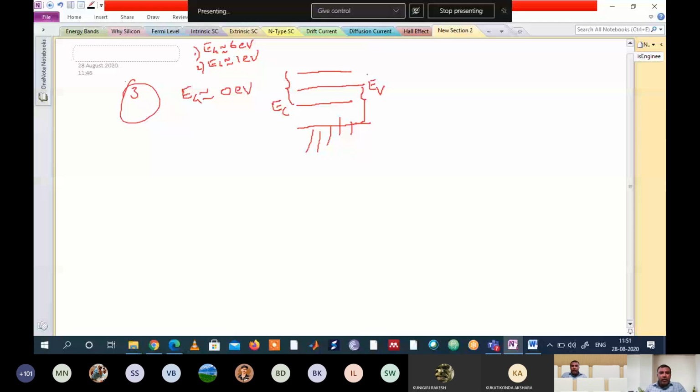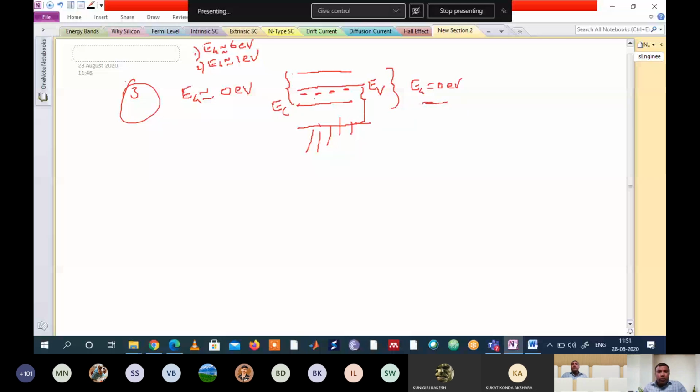Why are they overlapped? Because energy gap is equal to how much? 0 electron volts. So if energy gap is equal to 0 electron volts, conduction band and valence band get overlapped. Now where are electrons actually? Electrons are present here in valence band. They are also immediately present in which band? Conduction band, because from here to here conduction band lies, from here to here valence band lies. So electrons are already present in conduction band itself.